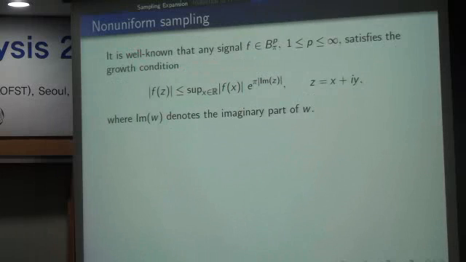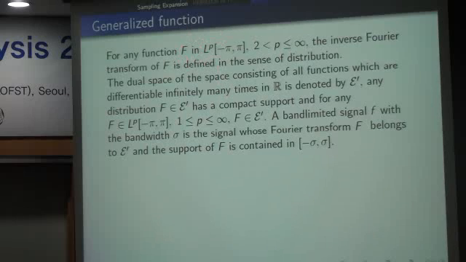And we want to expand the space for the sampling, and we have the growth of the signal in the Bernstein space. The growth of the signal is that f(z) is bounded on the real line, and in the imaginary axis it has an exponential growth. This is the growth of the signal in the Bernstein space. So if the Fourier transform is in L^p and p is greater than 2, then the inverse Fourier transform should be defined in the sense of distribution. And for the dual space, we have to introduce the dual, the E prime, the distributions. So